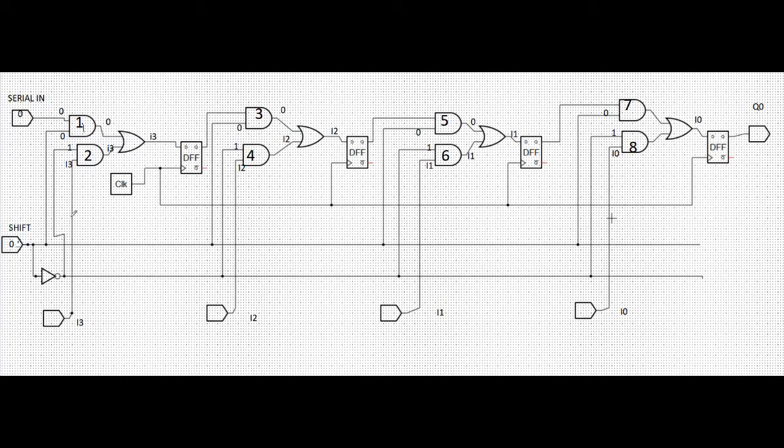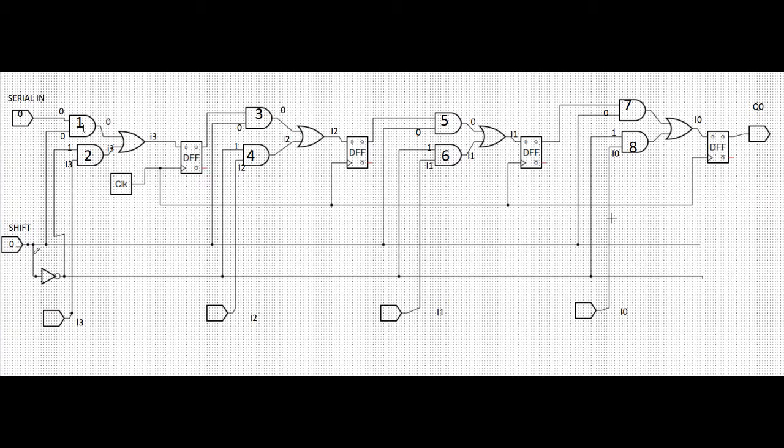For entering the data parallelly, we have to make this load bar shift line 0, and there is a combinational circuit before each of these D flip-flops, which consists of 2 AND gates and 1 OR gate. So when we make this load bar shift line 0, we get the output of this OR gate